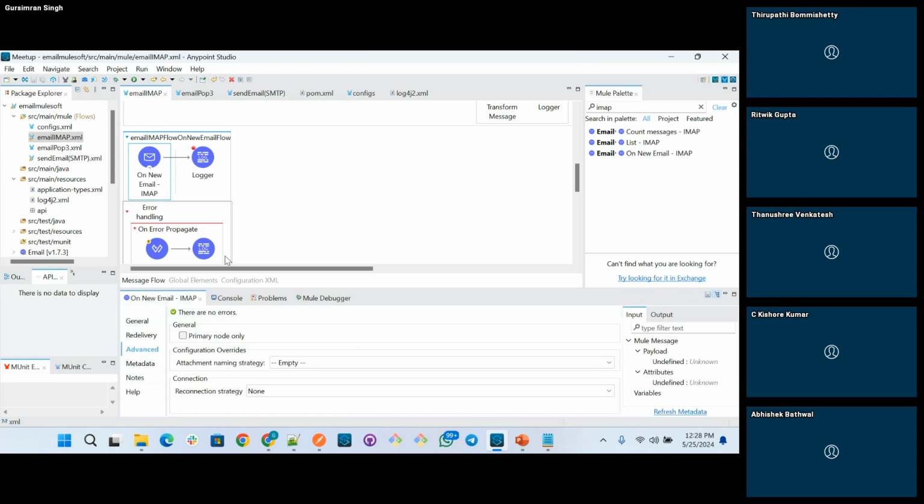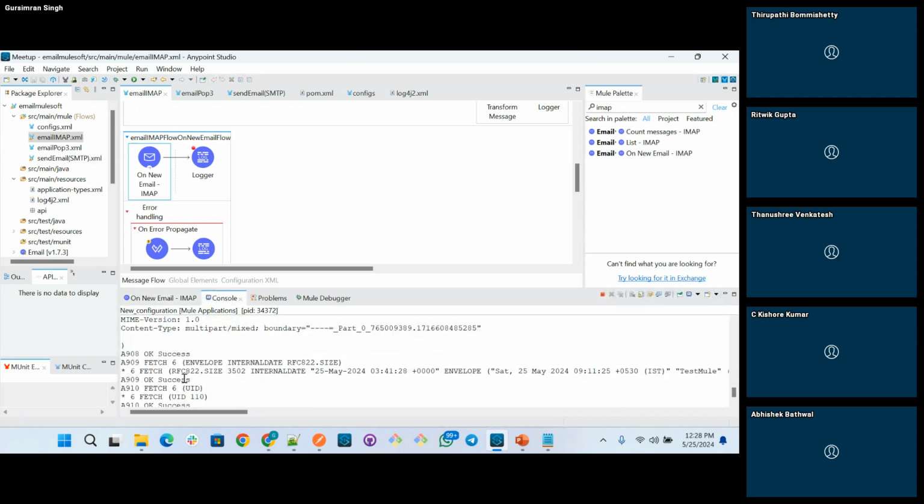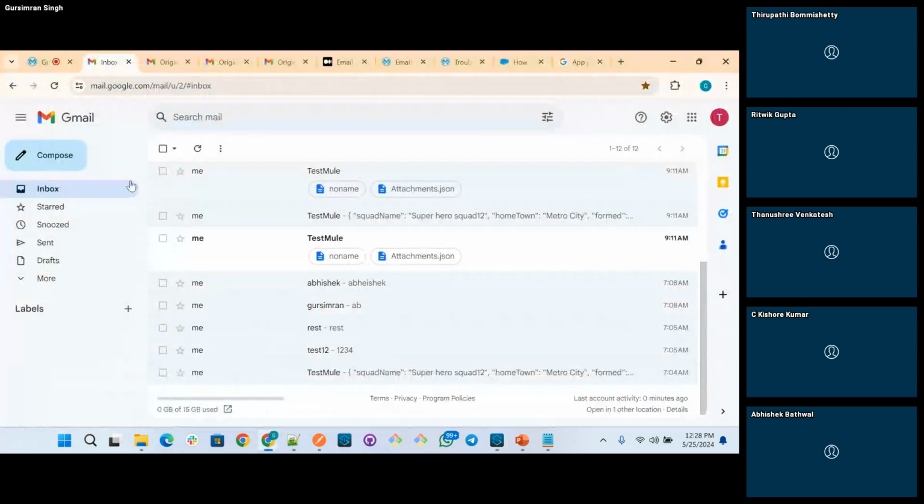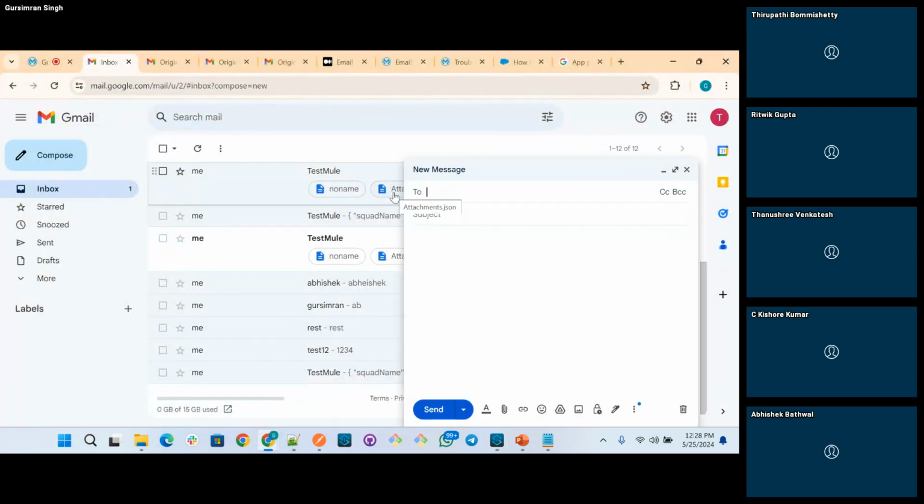Correct. As you can see right now, it's still fetching those emails. Let me send a new email right now. I'm sending you the email. Let me keep the subject as Meetup.